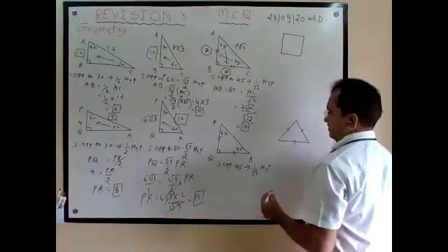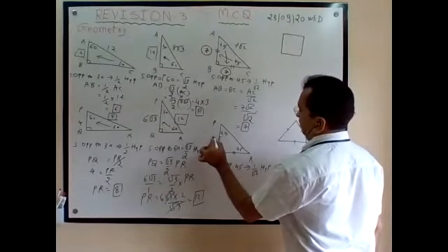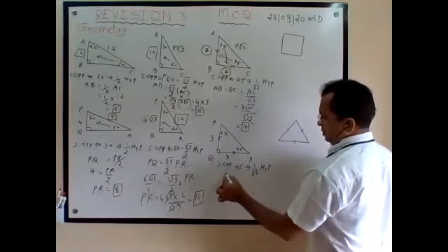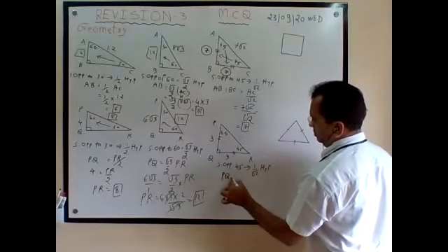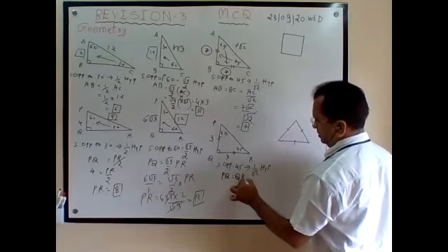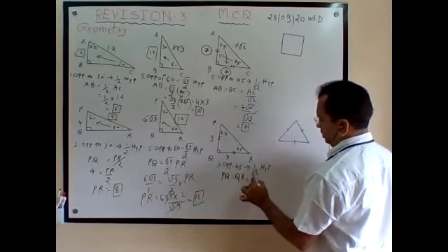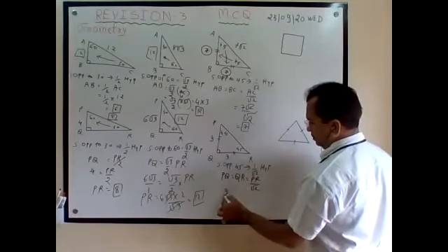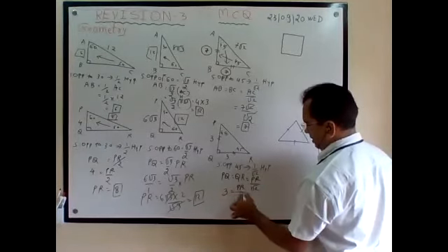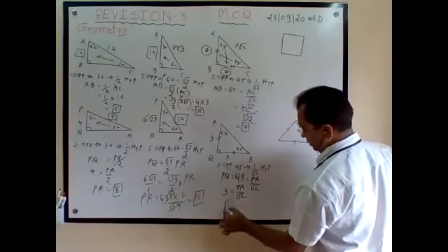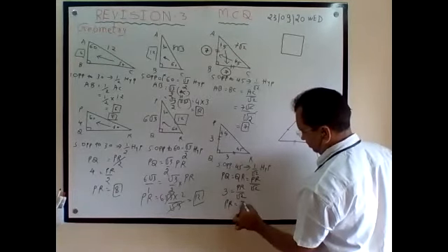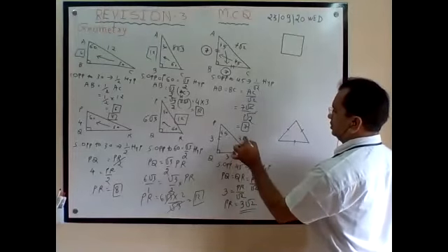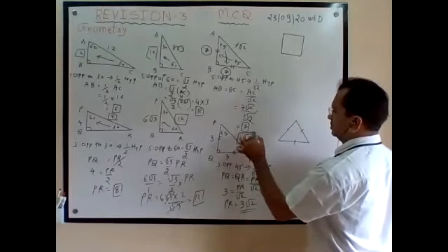Now this is given, for example 3 only. Both are 3. So PQ is equal to QR is equal to PR divided by root 2. So this is given 3. PR divided by root 2, cross product. So this is 3 root 2.